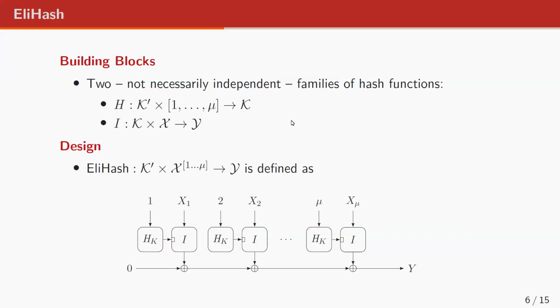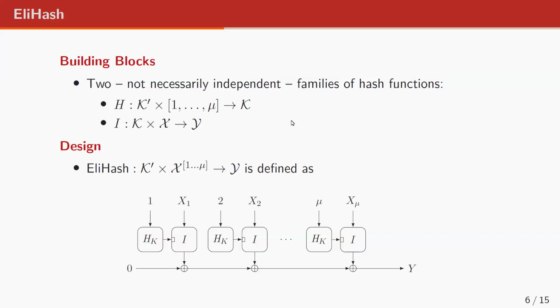And EliHash is simply designed as follows. You take the master key, you have the counter going into H. This gives you a subkey to I. And then the first data block gets processed, second data block gets processed, etc. So instead of just adding universal hash functions, we have to do a trick to build it from 2 universal hash functions. So it looks rather simple, and it is actually analyzable, but it is not as easy to prove